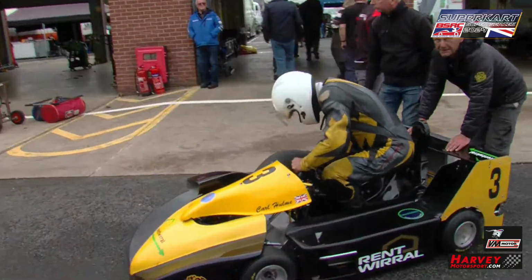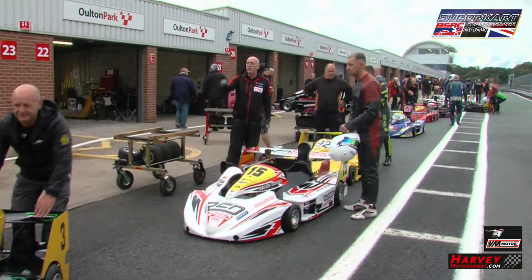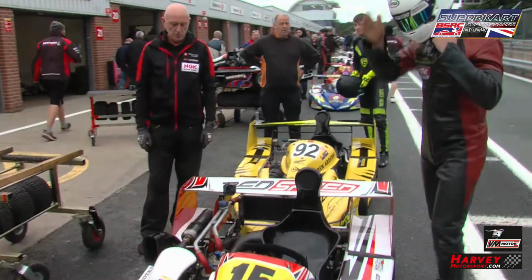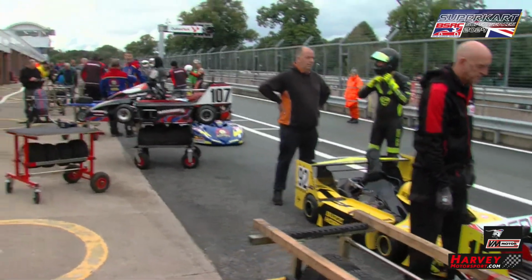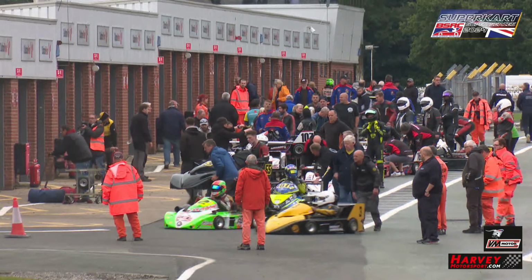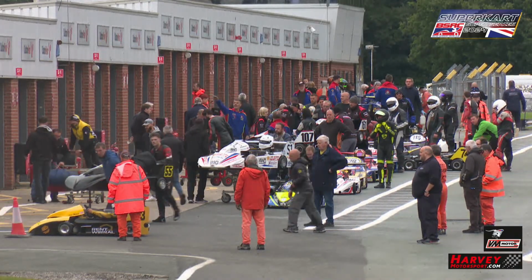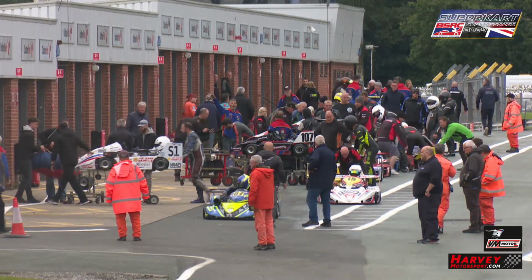So the next track action, I think, is going to be the final for the Legends, which was due to go off at 5 o'clock, which in fact is in 2 minutes time. So I think, James, that could put everything back on track as regards the timing. So I don't think there's any reason why the remaining races for today won't run at their full distance. Fingers crossed, yeah, hopefully we're able to get on track and